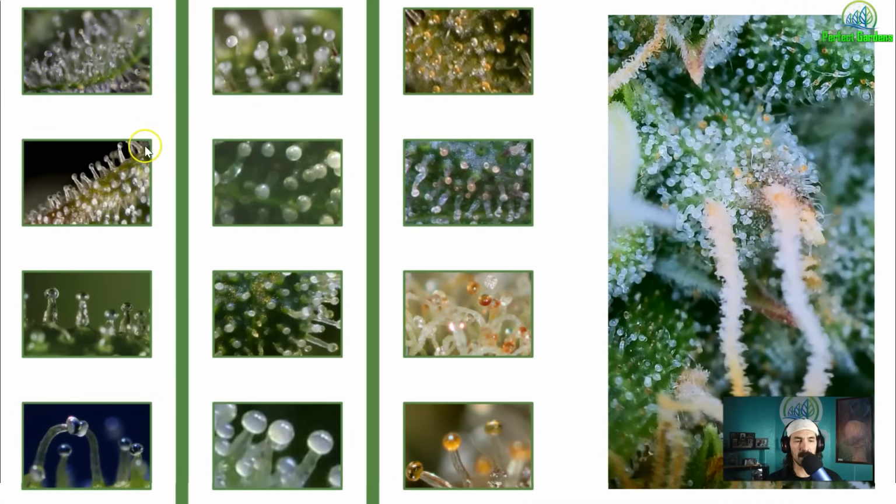Okay, so here we see all the different varieties of possible colors, right? These right here, as you can see, are the clear. This is definitely not where you want to be harvesting. Right here, when it gets to the milky, at this point, I can promise you, you're going to be getting your return on investment, and more terpene profiles are going to start to definitely develop. But still, if you harvest here, you will be shooting yourself in the foot on the overall yield, because like anything else, if you increase your surface mass, you're going to have more